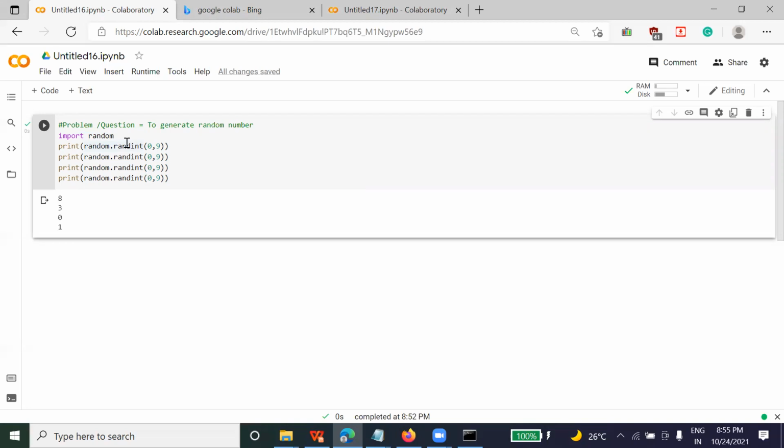But why did you write print random dot rand int four times? To generate 4 random values, for each value we need to write it. Yes. Okay. Suppose now if I comment this, how we comment, I told you, you have to put this hash symbol. What is a comment in Python? In the last class, I explained what is a comment in Python.